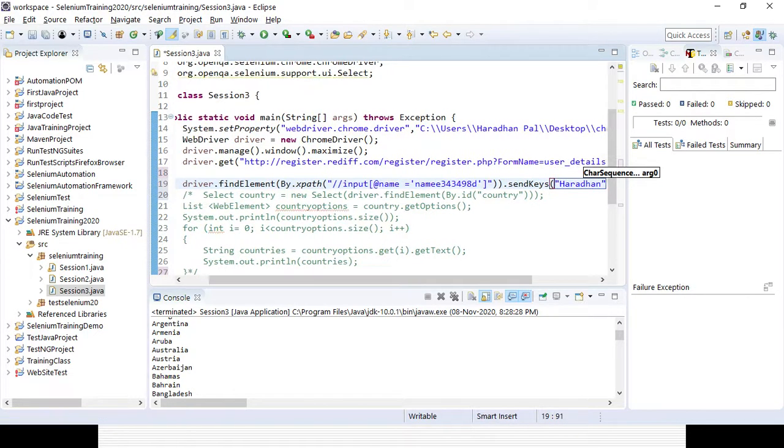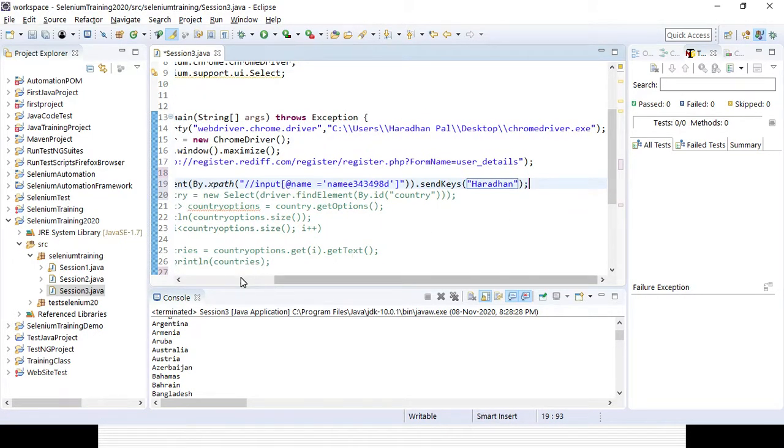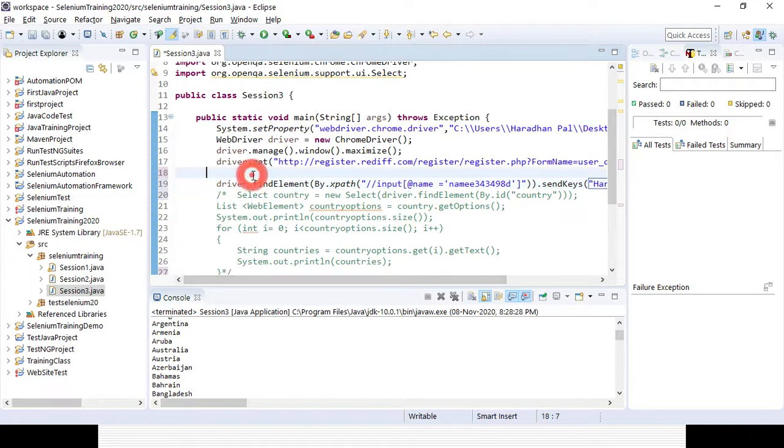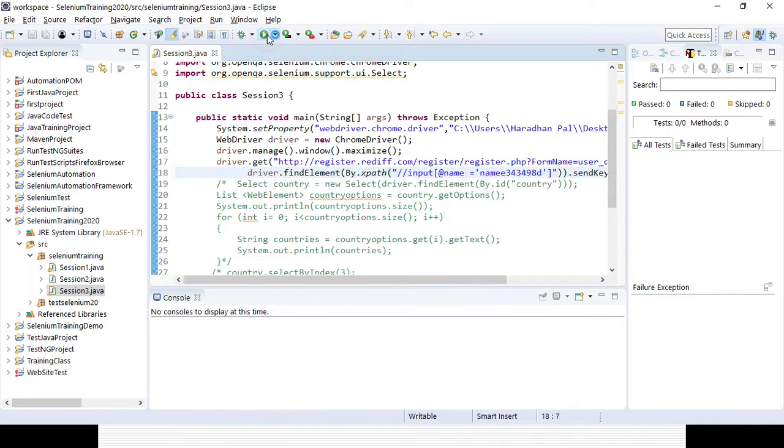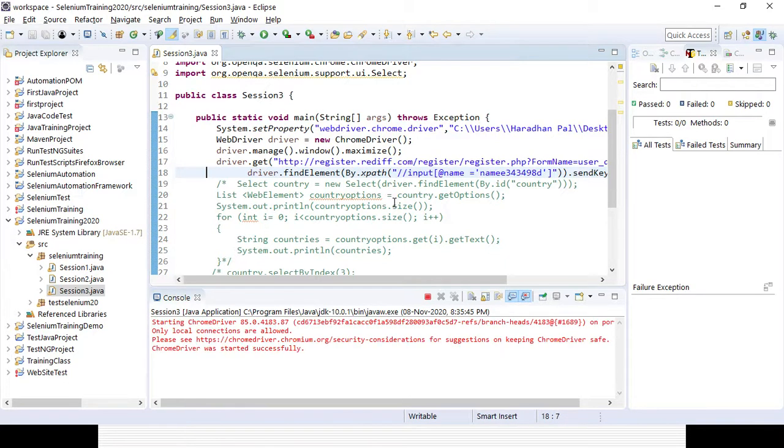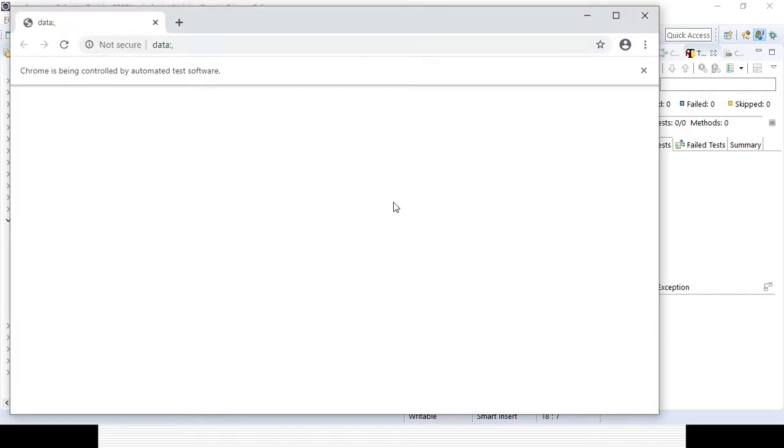Let's run the code and see whether the name is getting entered or not. It will open the Chrome browser, maximize the browser, pass the URL, then identify the name field, and enter my name.